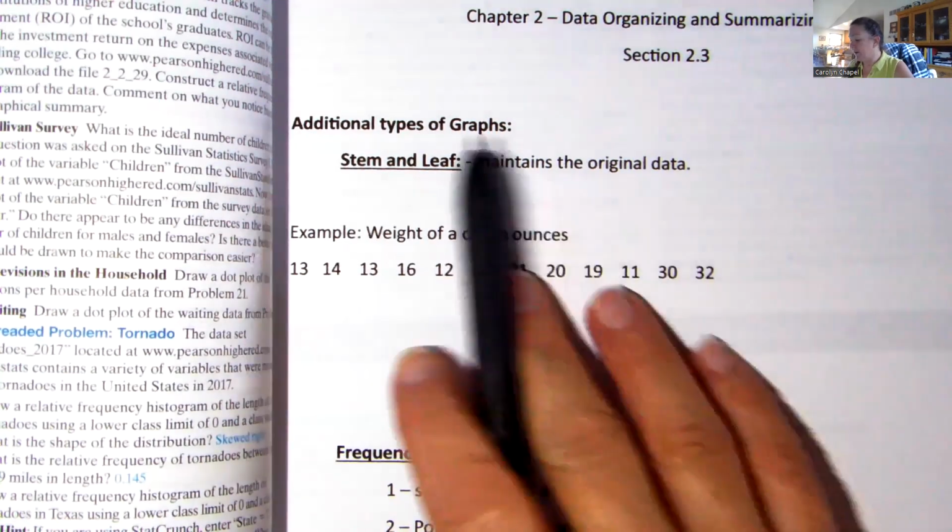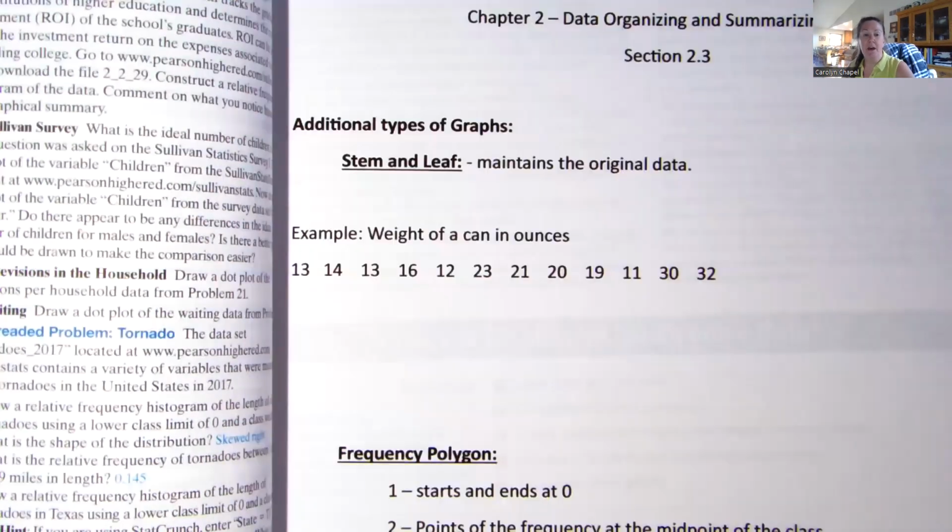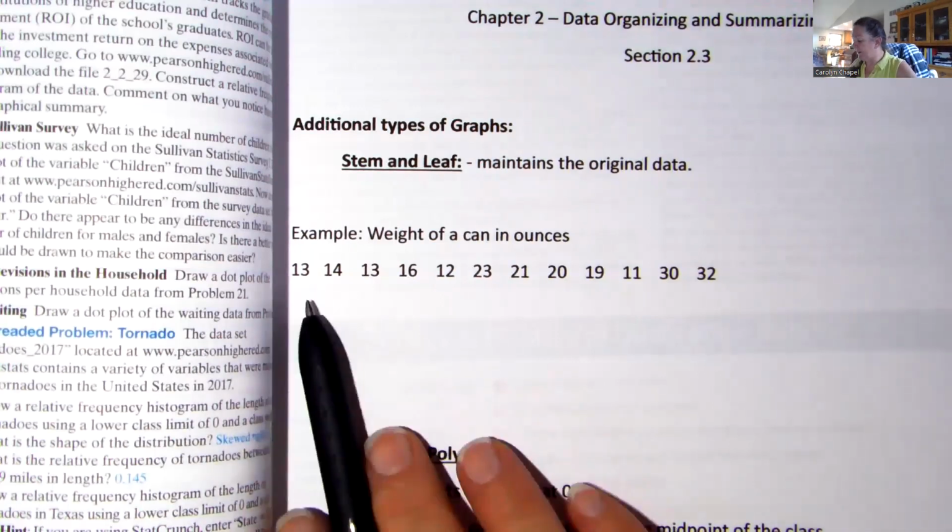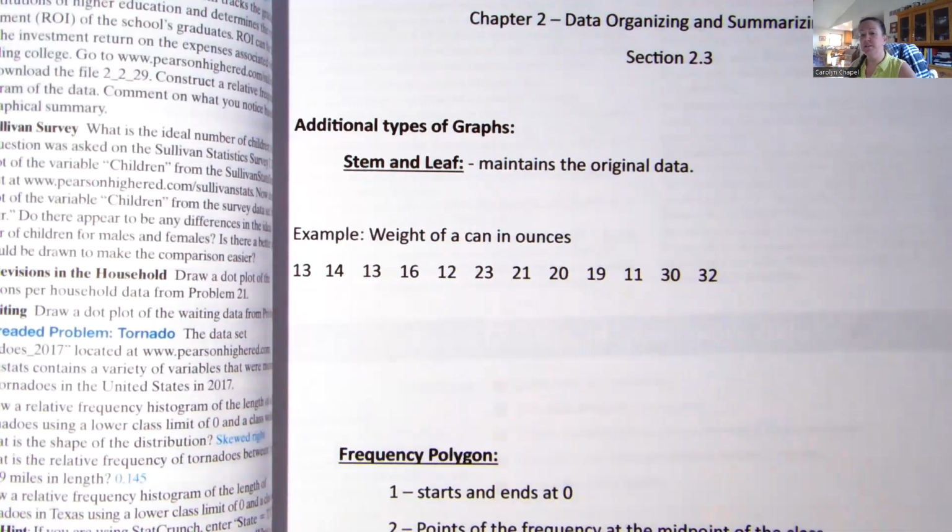But the first thing we're going to look at is a stem and leaf. Now, the nice thing about a stem and leaf is it does maintain our original data. I do have an example that we're going to work through,